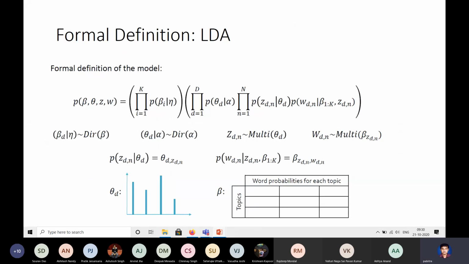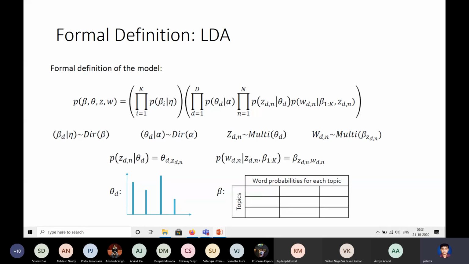Okay. So now let us complete the formal definition of LDA. LDA is completely specified by these two things. One is the structure, that is the graphical model or the plate model, which looks like this. And for each of the distributions, we have the following chosen. For Z_DN and W_DN, we have multinomials. Call them theta, the topic proportion, and beta, the topic-word proportion. In order to generate theta and beta, we use Dirichlet distributions with parameters beta and alpha.